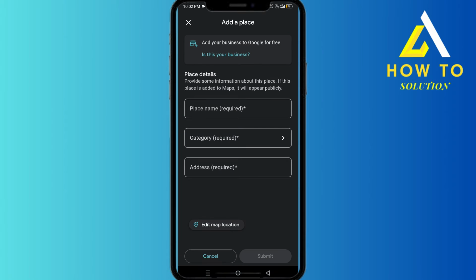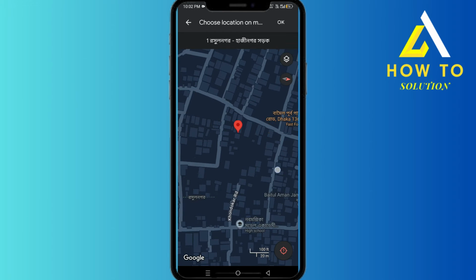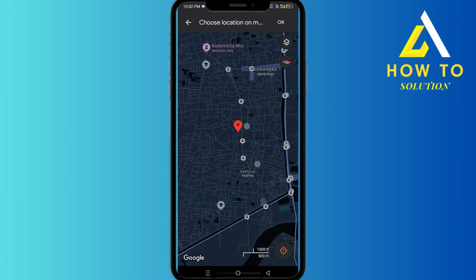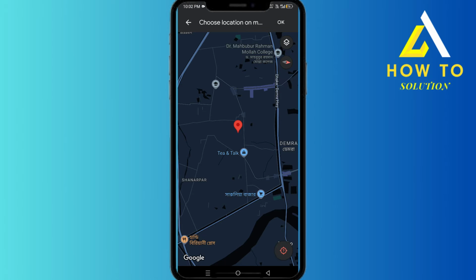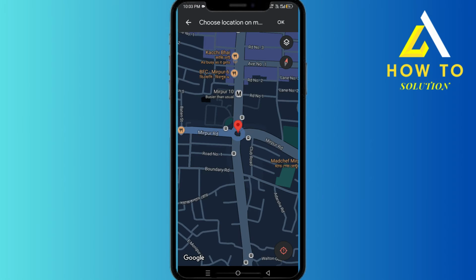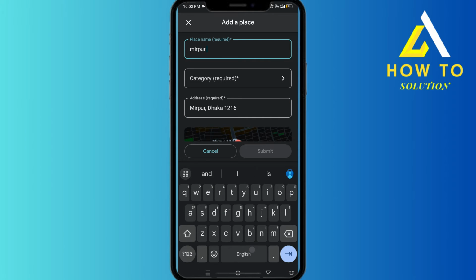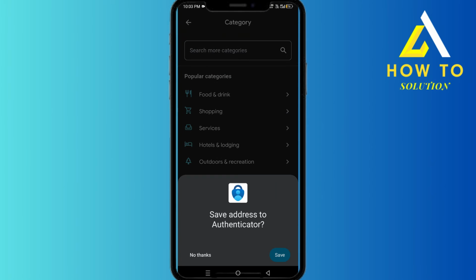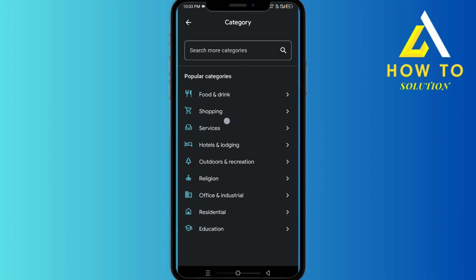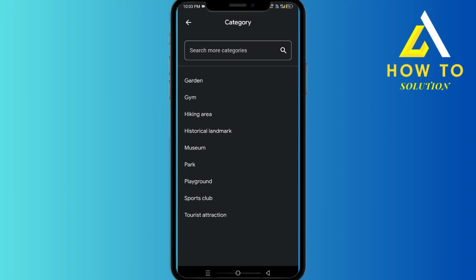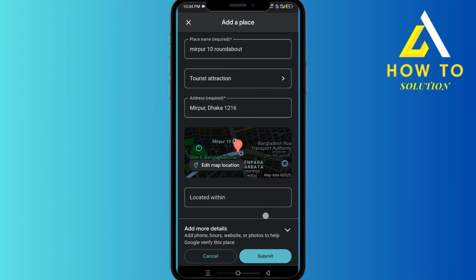You want to add a place, so you click on it and then you just, let's say that we do something legit, so I'll be back. Let's say this spot. So what I want to do is click on OK. So the place name, let's say it's Mirpur 10 roundabout. Now in categories, what we can do is we can see all of these different types of things that we can put into. So let's say we select outdoors and recreation, and from there we select tourist attraction,